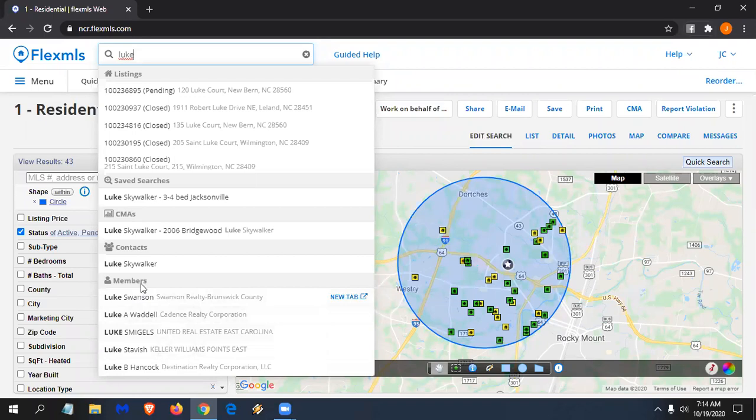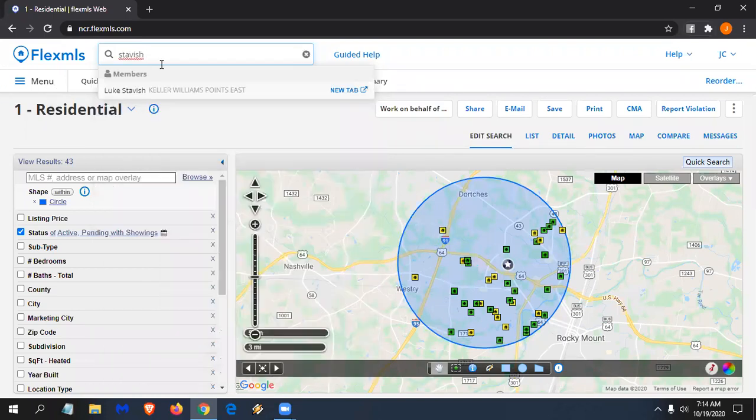Now, whenever you see members, it's going to come back with just 5 as the maximum. There may be more than 5 Lukes, and I assume there are because North Carolina Regional has thousands and thousands of members. But if you know what you're looking for, you can maybe even do a last name. So this time I'm just going to type in Stavish. So maybe I couldn't find the Luke that I want, but I know his last name. So if I click on him,